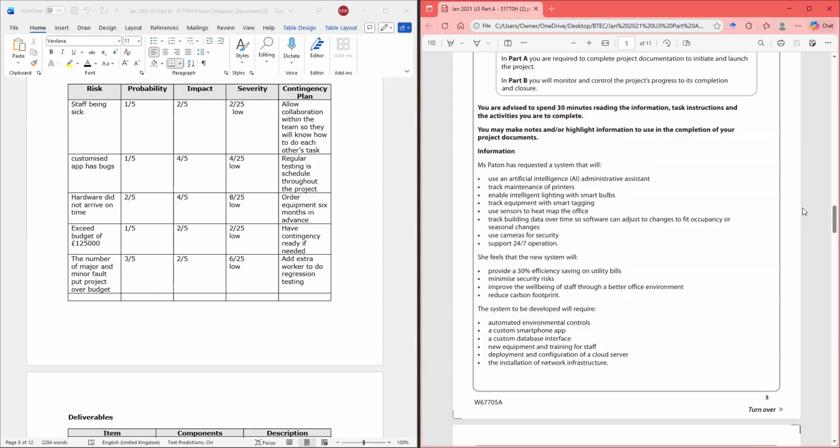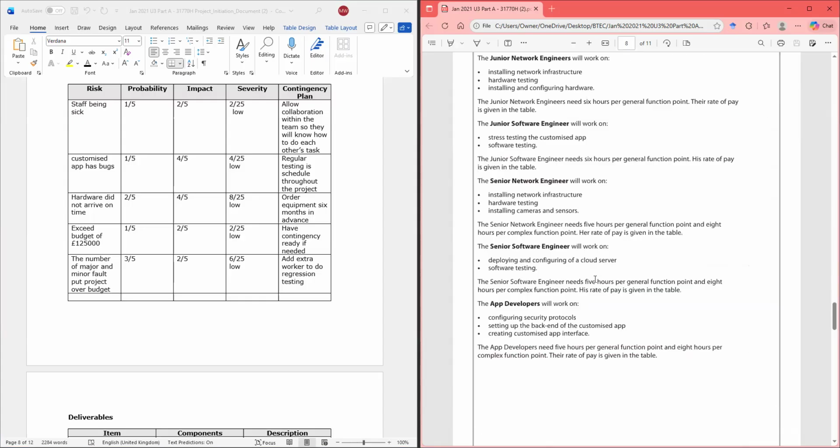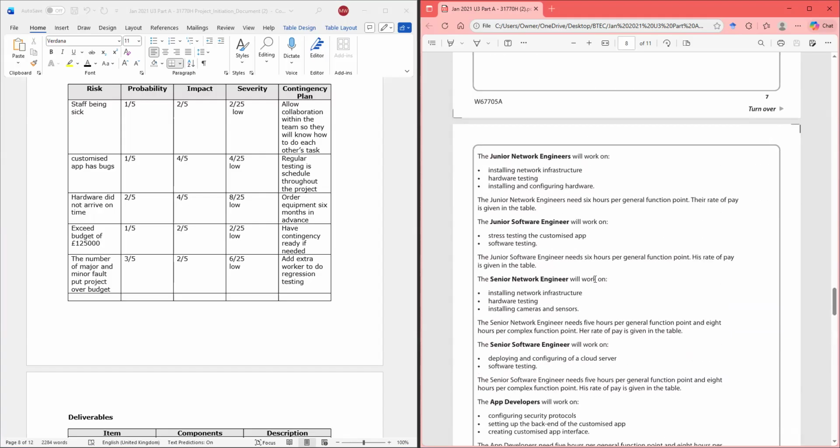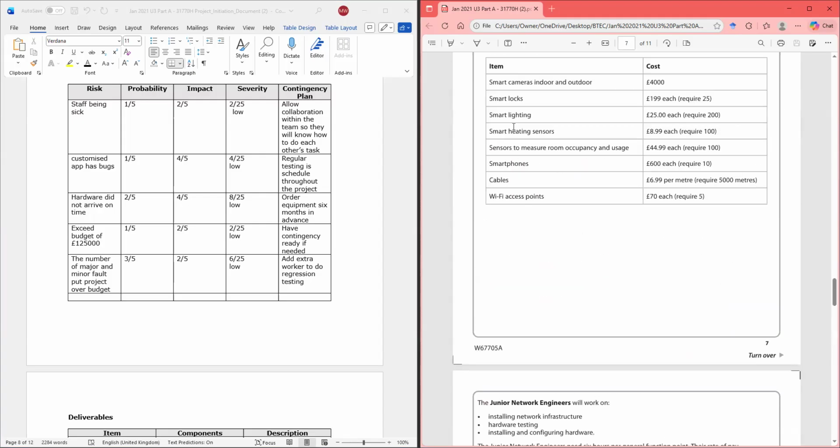So retesting. Sensors. Okay, it's a heat map where they custom of smartphone database. So hold on, we should look at the materials because we can get some from there.